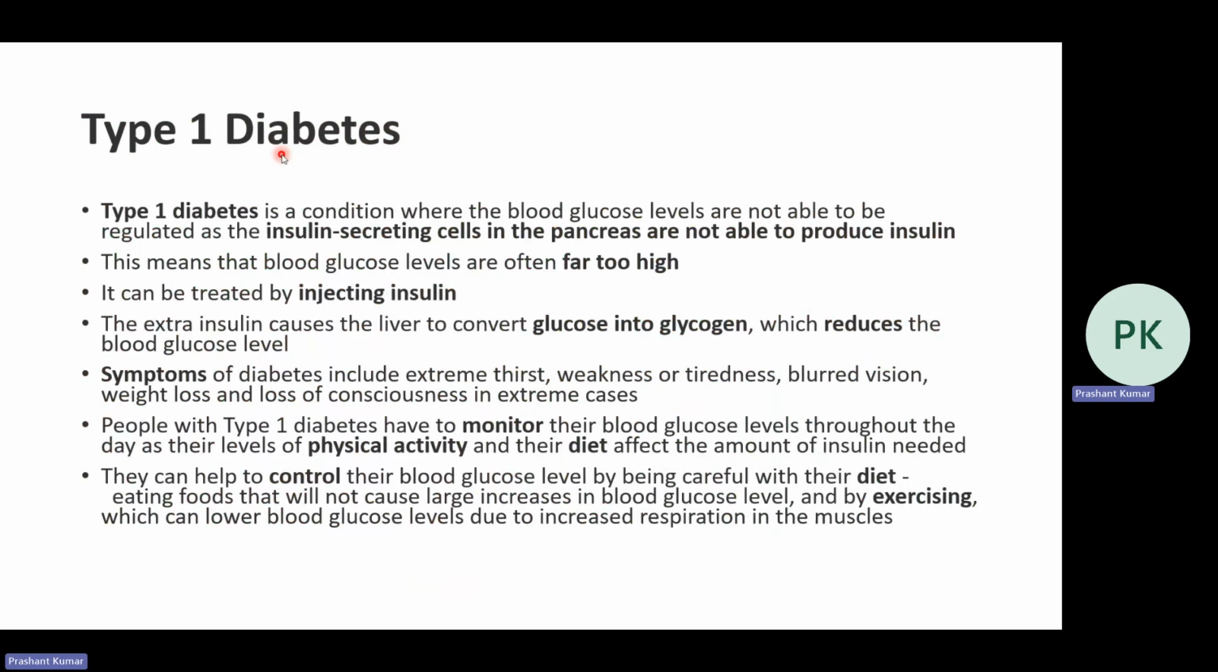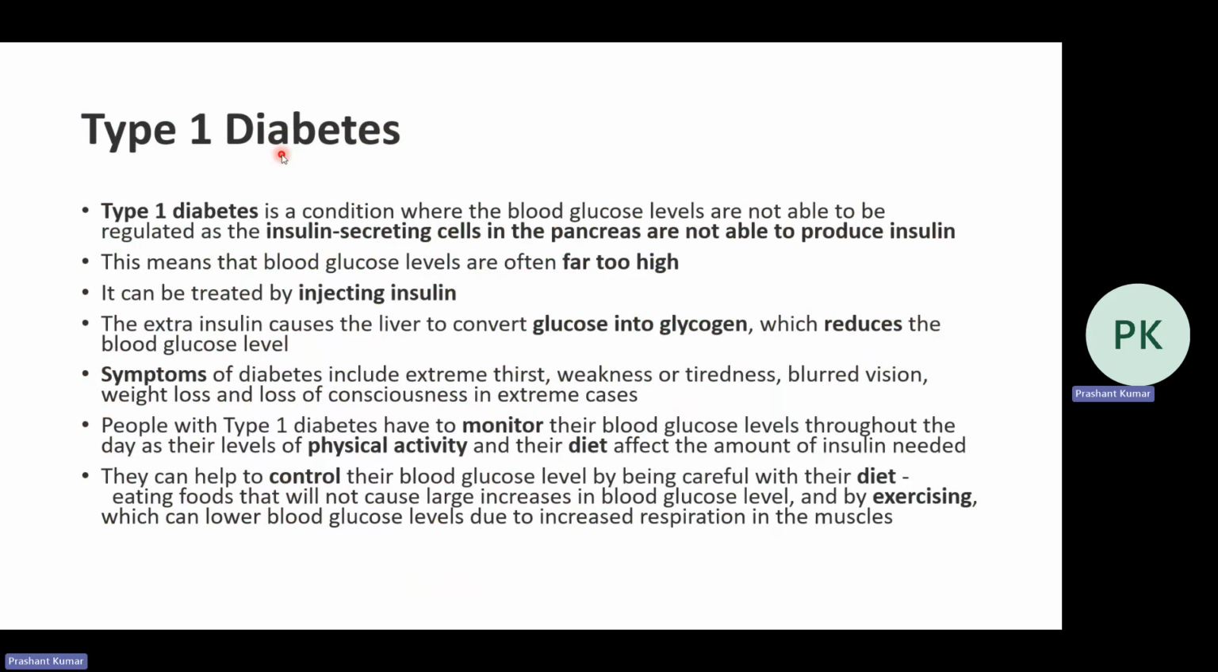The extra insulin causes the liver to convert glucose into glycogen, which reduces the blood glucose level, right? The basic symptom you will find in a person who is diabetic is extreme thirst. They drink water a lot. Weakness and tiredness will be there because of the excess sugar molecules, blurred vision, weight loss, and